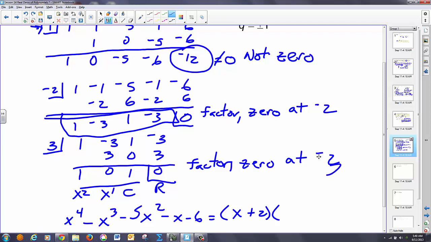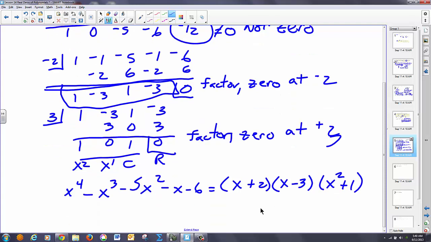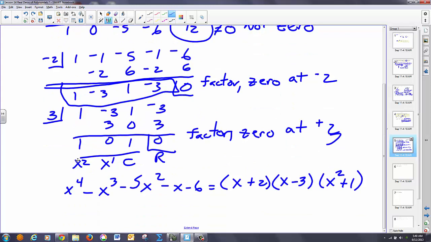If 3 was a factor, I have x minus 3. And then what I have left is x squared plus 1 as my last factor. Now, think about if I were to solve this problem and say, when does this equal 0? When does it cross the axis? Well, in these two cases, since they're factors, I can set those equal to 0 and solve and get -2